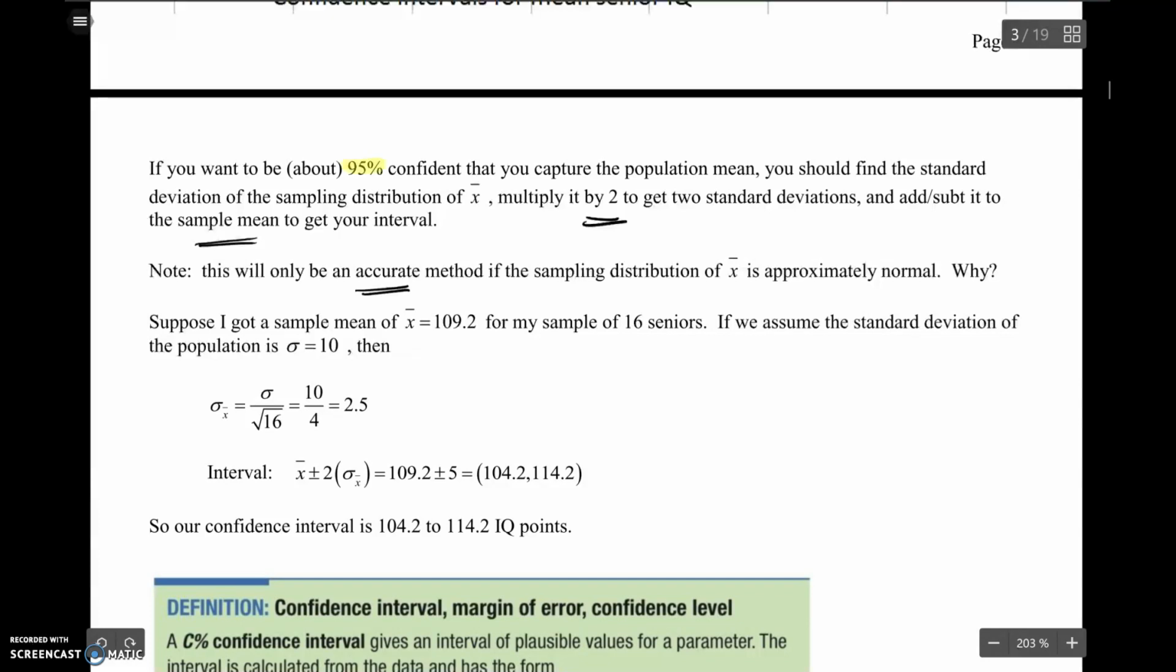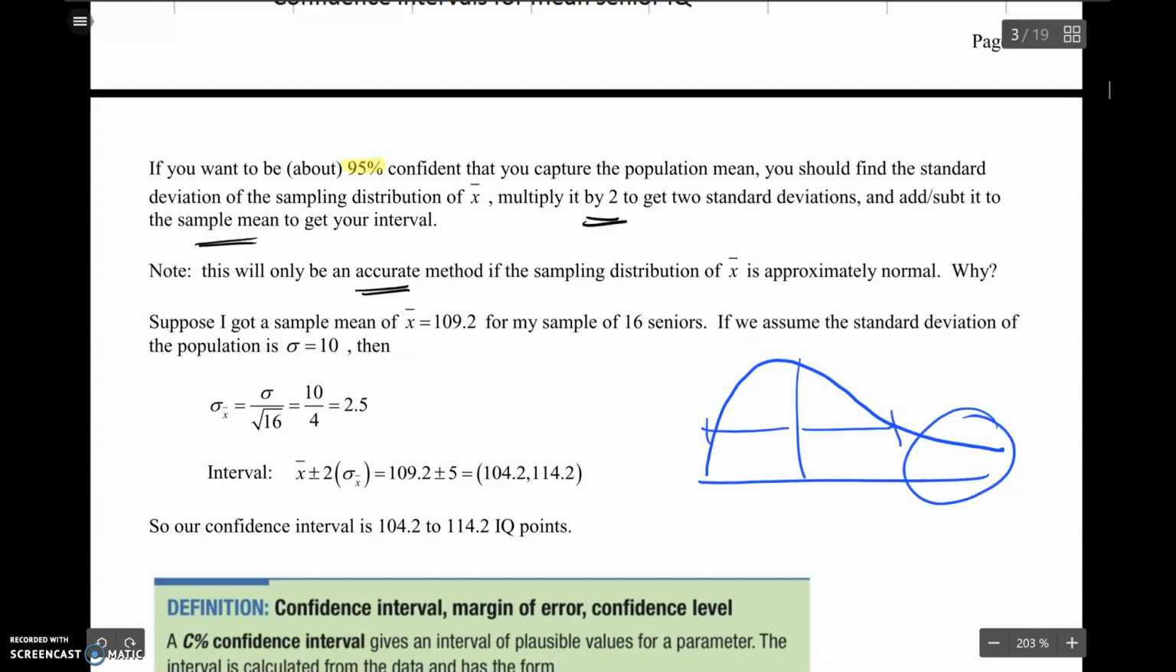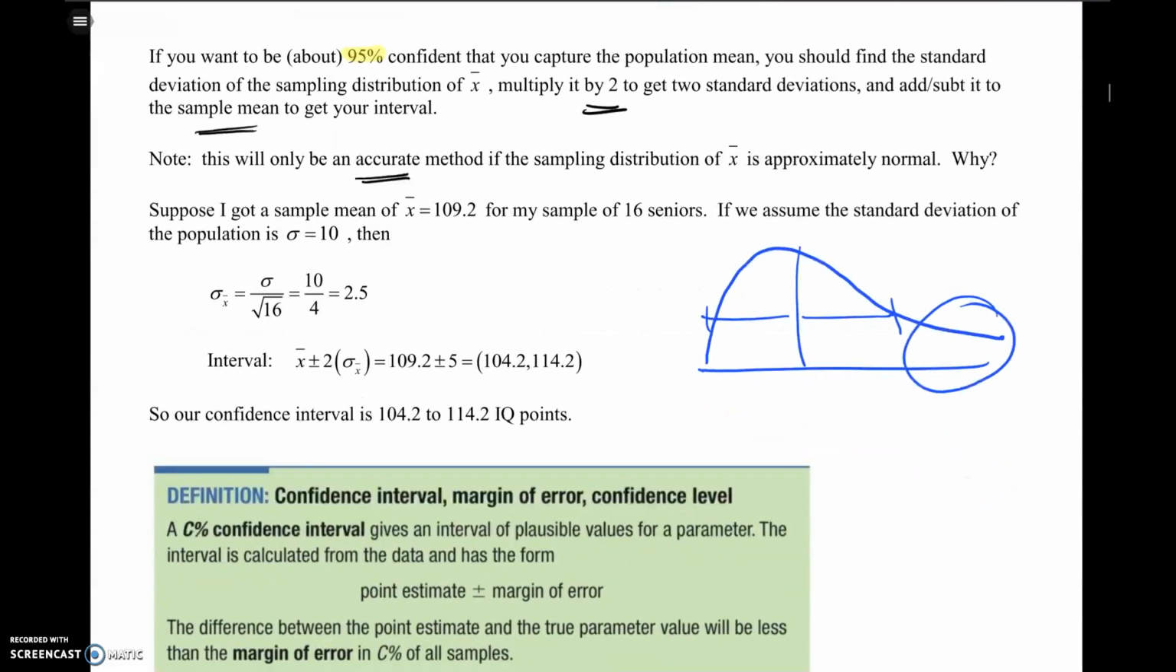If my sampling distribution isn't approximately normal, my sampling distribution looks like this, then when I go 1 standard deviation above and below, I might miss more than 5% of the time. Suppose I got a sample mean of 1